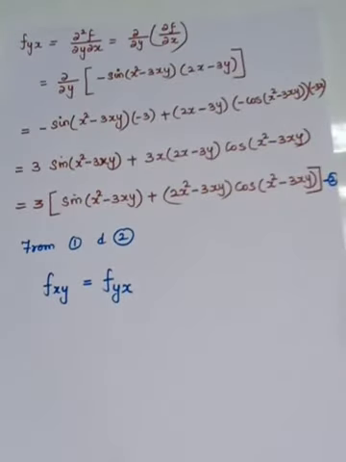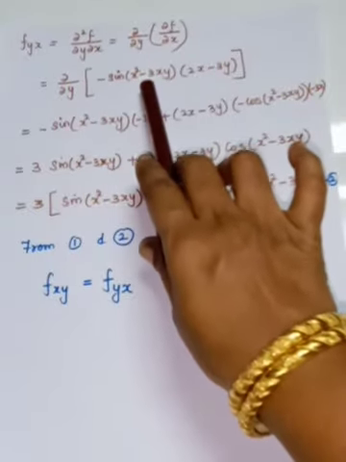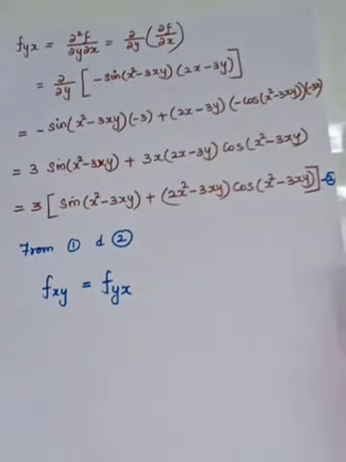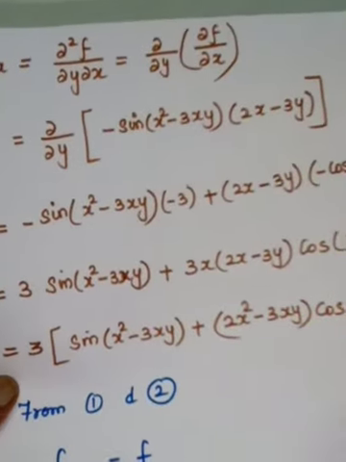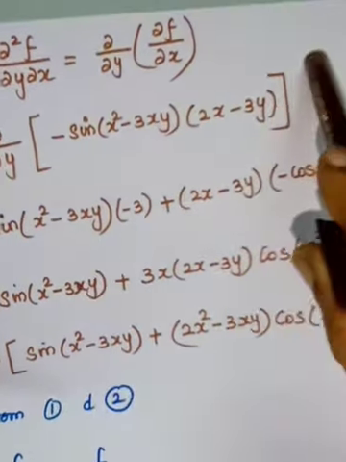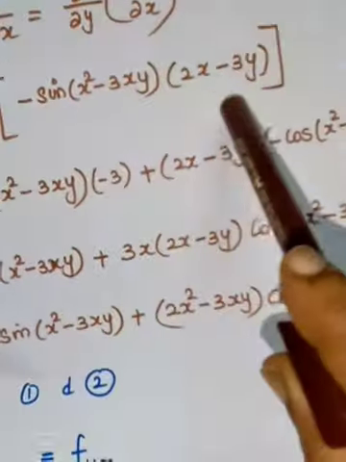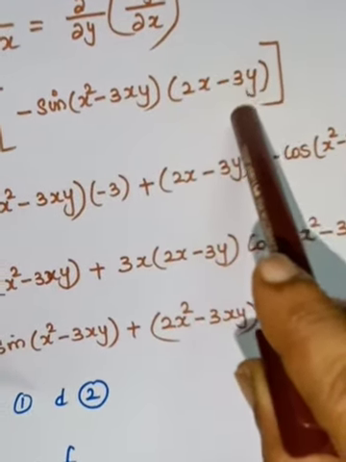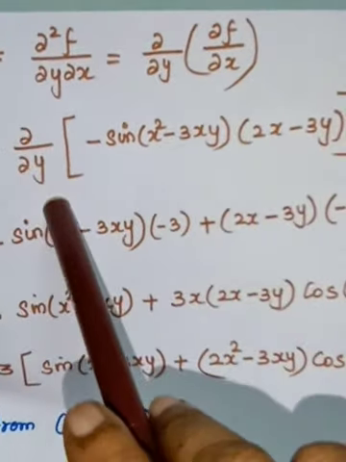So we have to differentiate partially with respect to y. Okay, in this term also you are having y, here also you are having y, both are in the product. So you have to use the product rule. You look at the product rule, first term, that is u, has to be kept as it is. And next this term has to be differentiated partially with respect to y. So 2x is a constant, differentiation is 0. Minus 3y, how to differentiate? Minus 3 is a constant, and the differentiation of y with respect to y is 1.